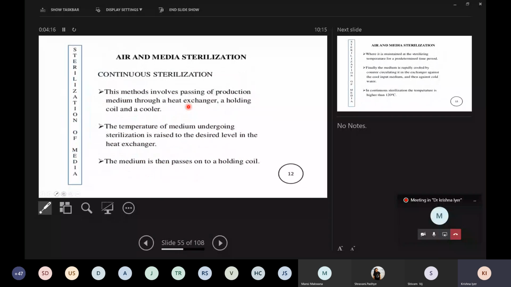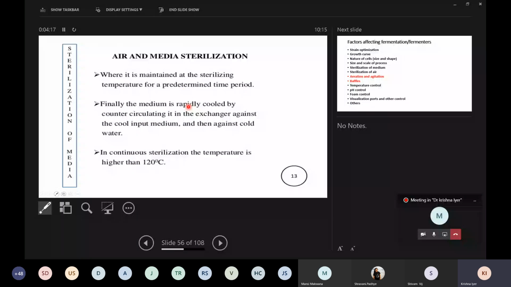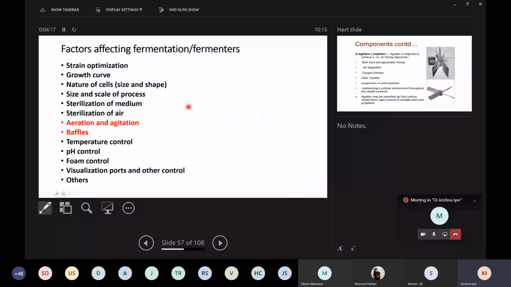aeration, agitation, and baffles. As we said, there are some processes which are necessarily aerobic, and if they are aerobic, you need to actually pump in air so that the process occurs without stoppage. The other thing is, even when you do anaerobic fermentations, you still need to stir the medium so that there is good interaction between the components of the medium and the organism itself, so that nutrients can go efficiently to the